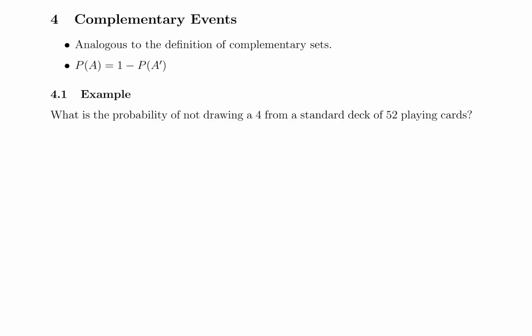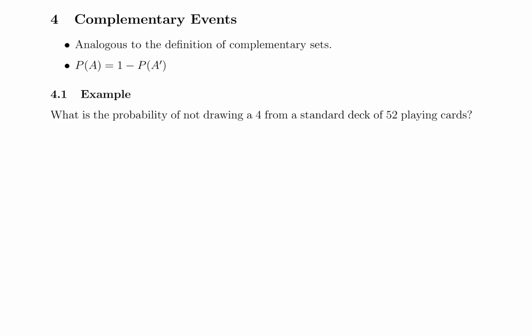Let's take a look at complementary events now. A complementary event is analogous to a complementary set. So it's the event that is everything that is not covered by another event. For example, if you're flipping a coin, if the event is tails, then the complement of tails would be